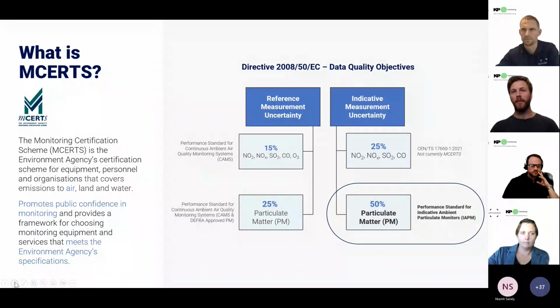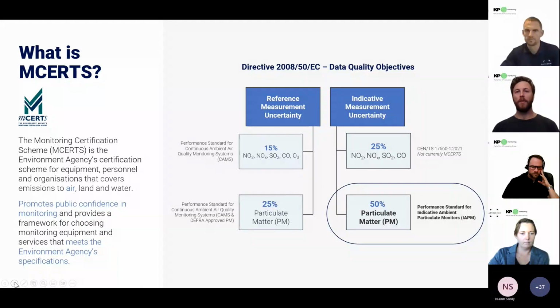Now, this is a big topic of debate, or is not always necessarily known. So when we're talking about air in the UK, and especially with MCERTS, there are two measuring criteria, and they all relate back to quality objectives in a document I'm sure we're well aware of, which is Directive 2008/50/EC. The separation is there are reference equivalent measurements and there are indicative measurements. So reference equivalent measurements are your standard fixed monitoring sites or continuous monitoring sites. They have their own measurement uncertainties. They have their own performance test criteria.